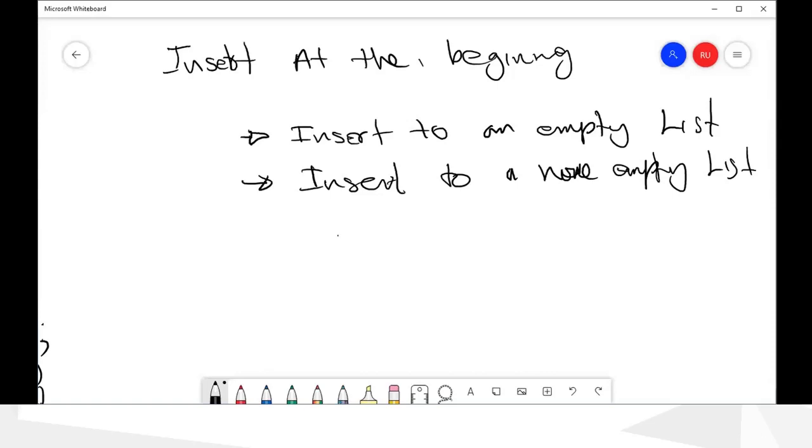In both cases, we have to create a new node, and its next will be null, and its previous will be null. Okay, and we have some data, and we will store it.